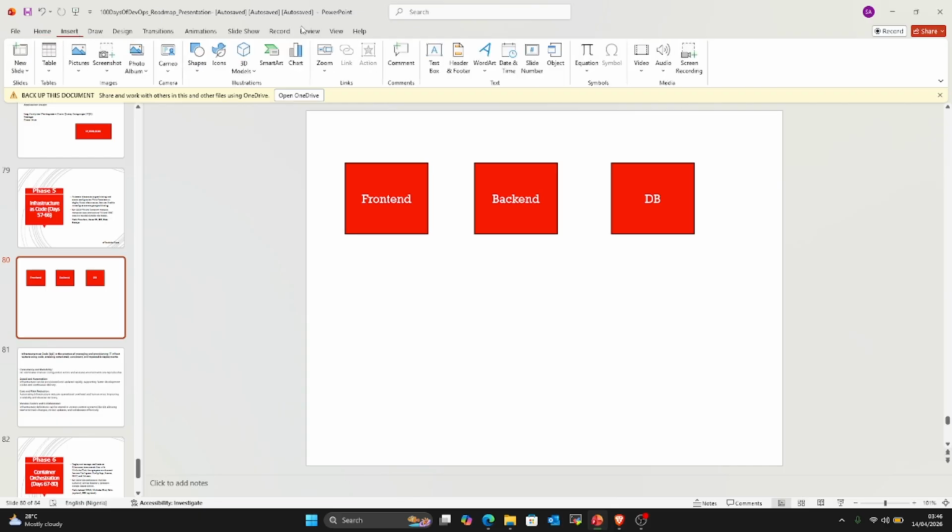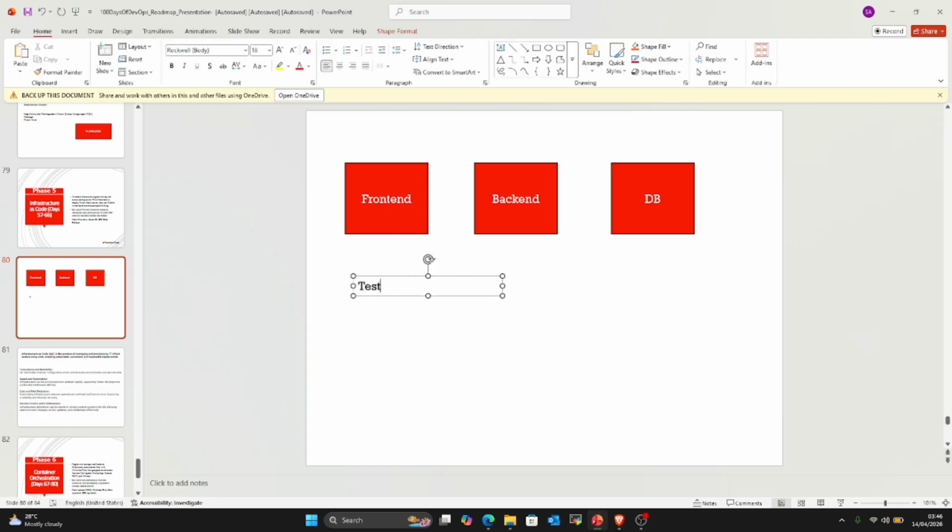You have the test environment, you have the staging environment, you have the production environment, and even in the production environment, you have the DR. So now for the test environment, let's say you're using two virtual machines for the front end, two virtual machines for the back end, and then you have two database servers, right?